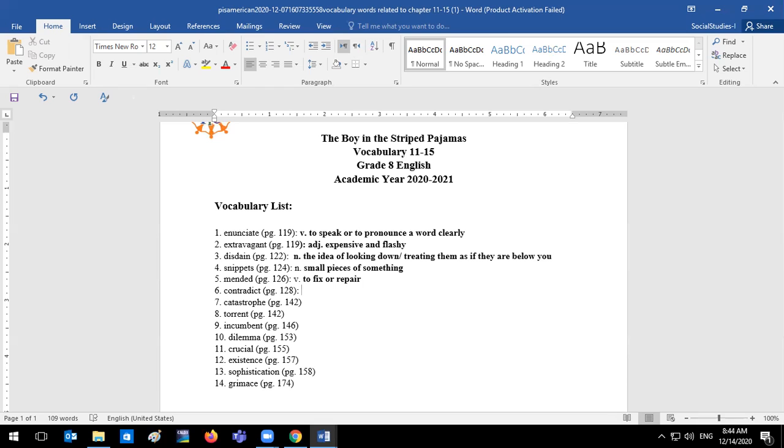To contradict is a verb, and it means to oppose or disagree. So if my views contradict your views, that means that we do not see eye to eye. I might feel that school uniform is the best way to go, but if your views contradict mine, you might say that it's better for students to dress down or to come in their own clothes. So to contradict means to be opposing.